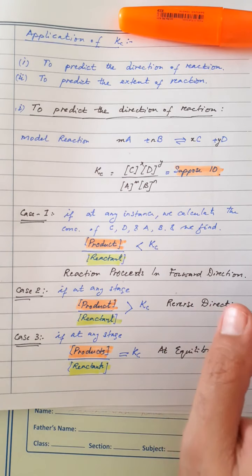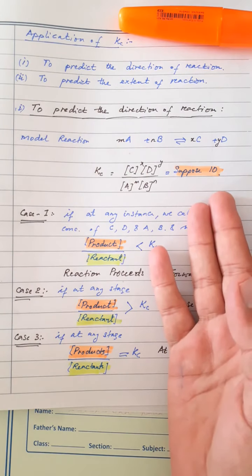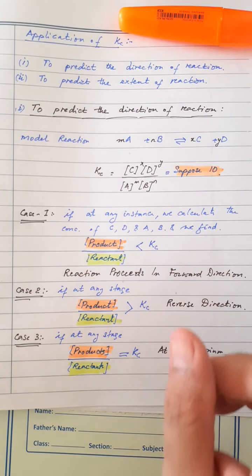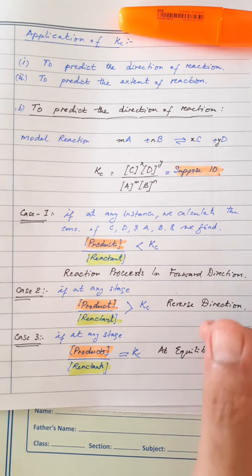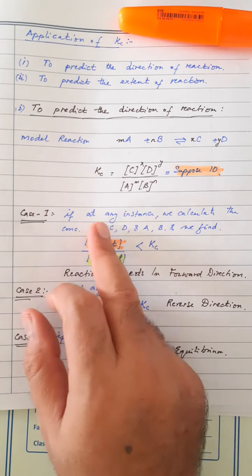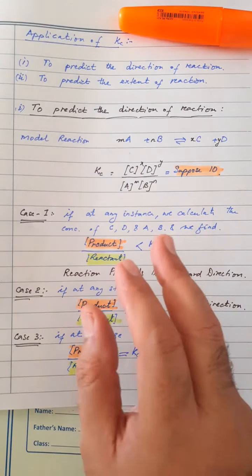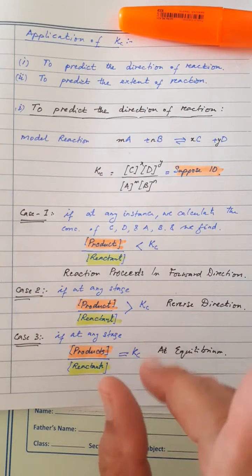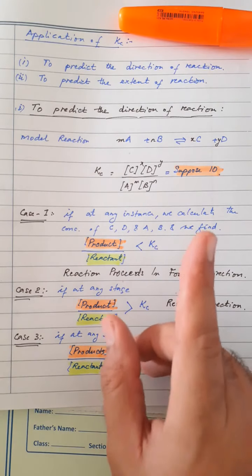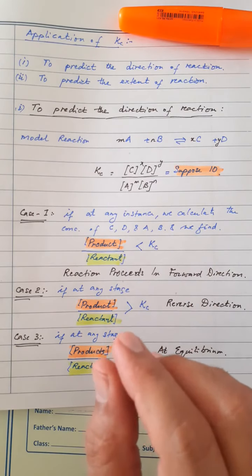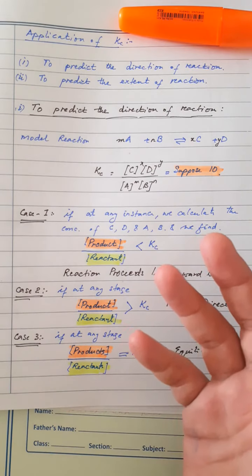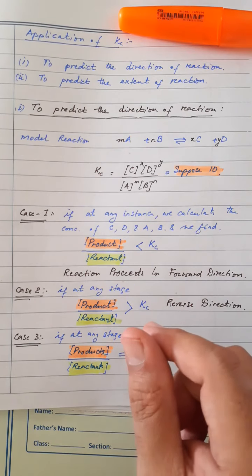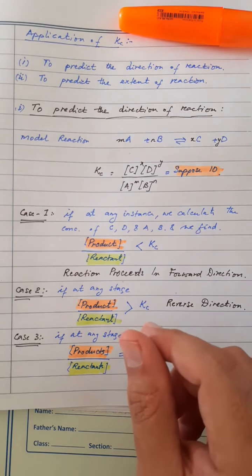So I hope you understood that if we know the value of Kc, we can tell whether it's going forward or backward or at equilibrium. Now see, you can also cram. Cramming is also a possibility: the product upon reactant, if it is less than Kc, it's forward, more than Kc is reverse, and equal to Kc, equilibrium. But you must understand that if the ratio is equal to Kc, the reaction has already reached equilibrium, it is not going anywhere, okay? If it is less than the value of Kc, the reaction wants to reach Kc, and to reach equilibrium, it must